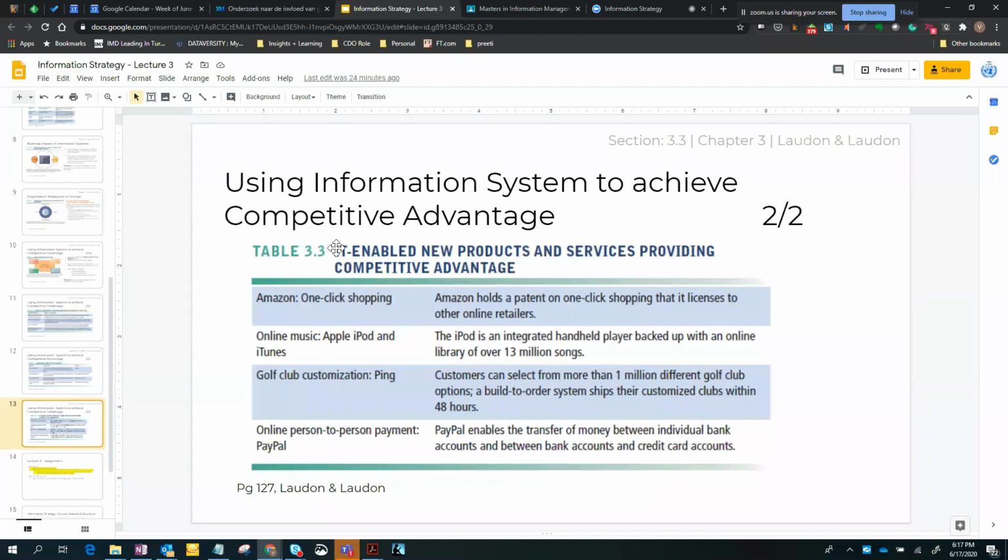Now, what has IT enabled, or information system enabled, new products and services been introduced? So let's just make it more IT specific now. Amazon had this one-click shopping. I don't know if you have used the Amazon website, but if you go there, you can